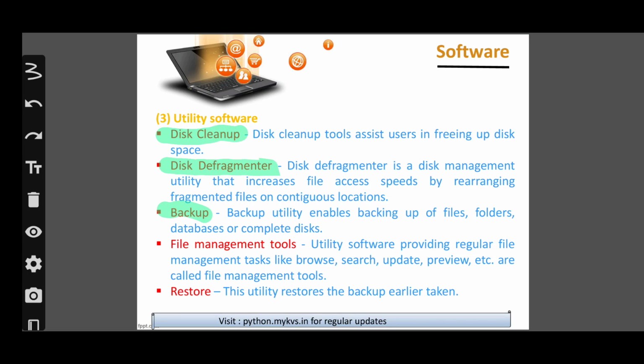The other one is backup utility. Nowadays most of the laptops generally have it. What they generally do is take a backup of all our files, all our folders and all the databases that we generally have in our computer. Or we can say a complete hard disk is generally backed up at a particular place